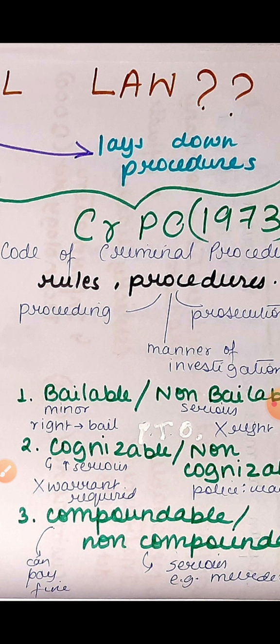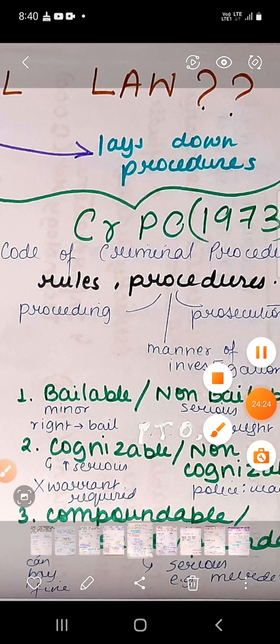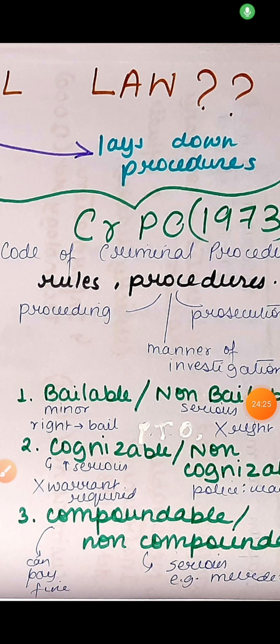These are compoundable offenses. You should always give the formal definition of compoundable offenses. You can write that whatever the offenses, the state which has conducted the prosecution and the accused who has done something wrong can come into an arrangement where instead of being imprisoned, the accused can pay a fine. That's the formal definition of compoundable offenses.